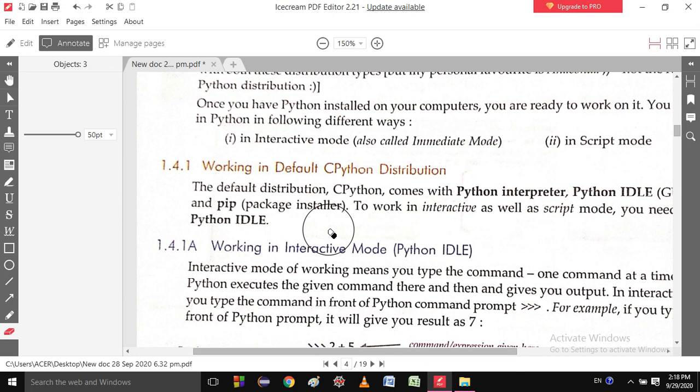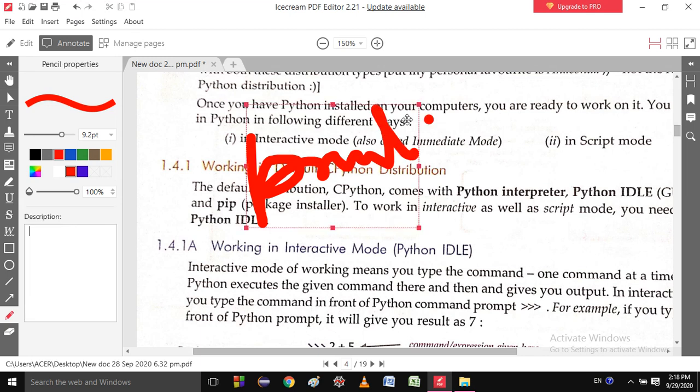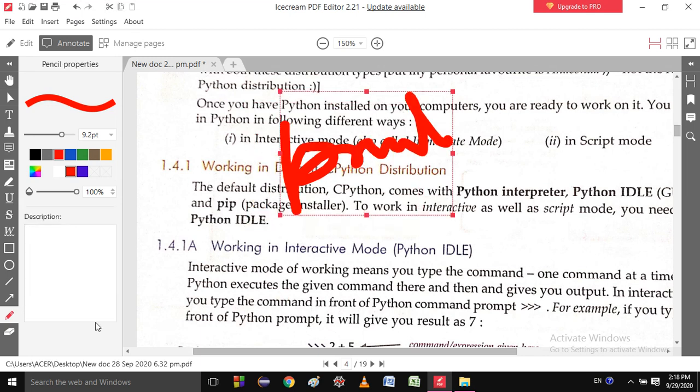One main change was the print function. Let me first define what print is. In Python 3.0, print is used as a function.